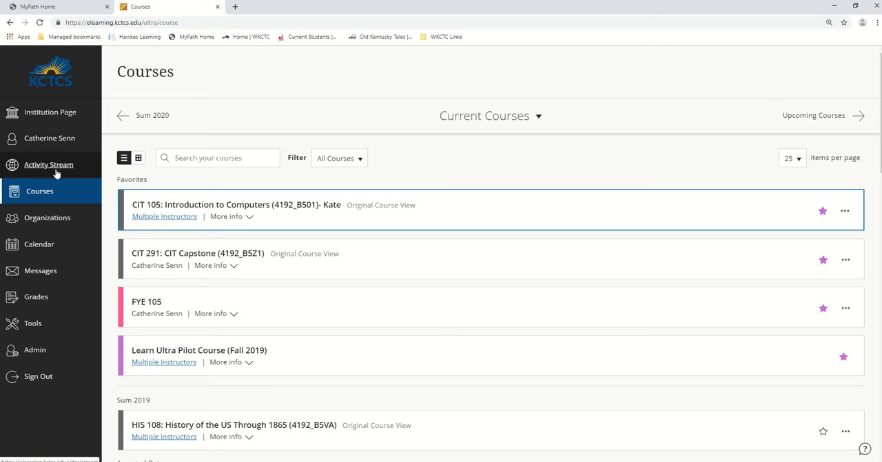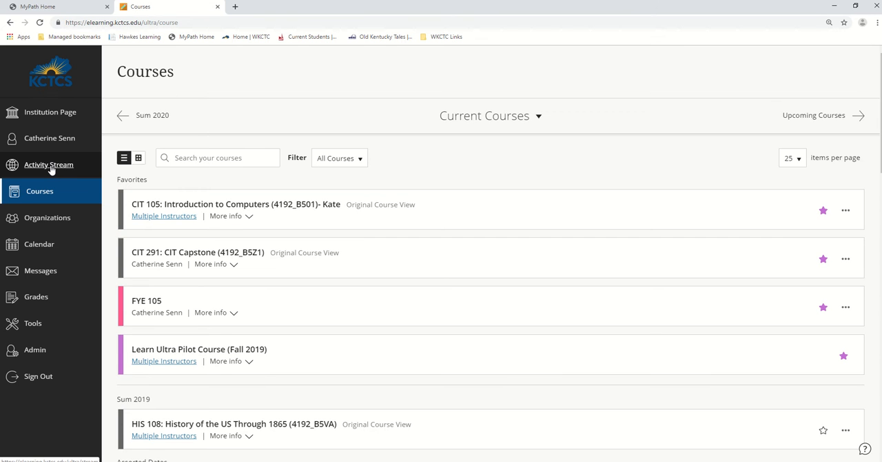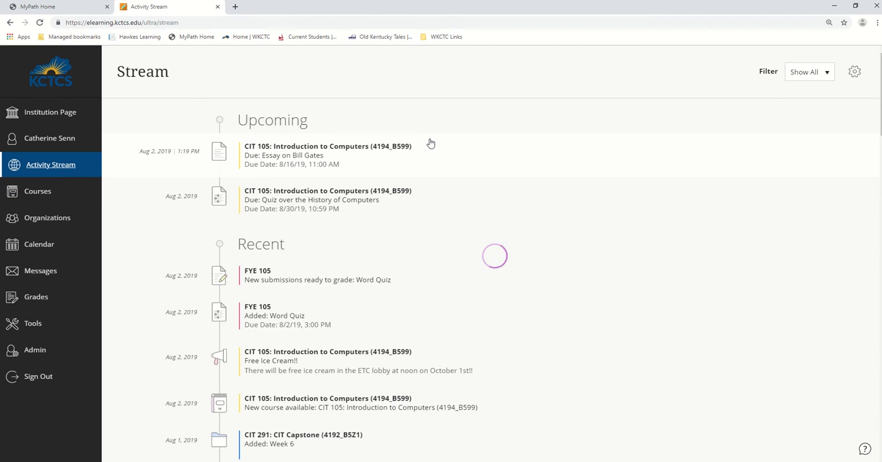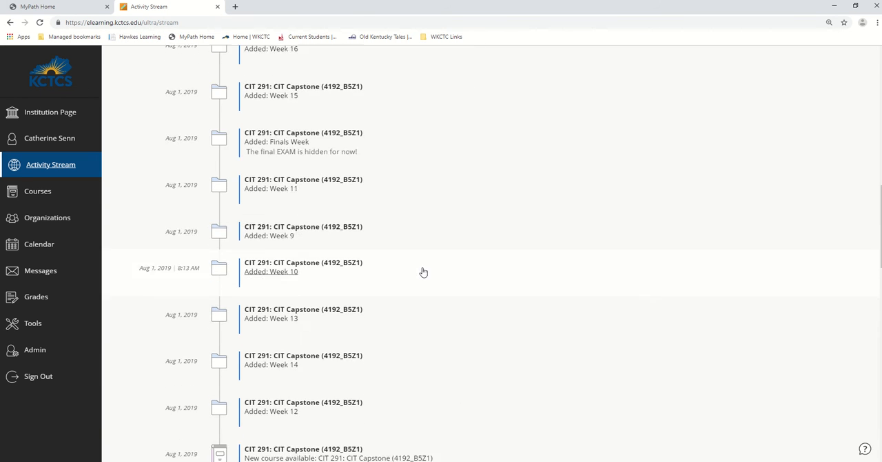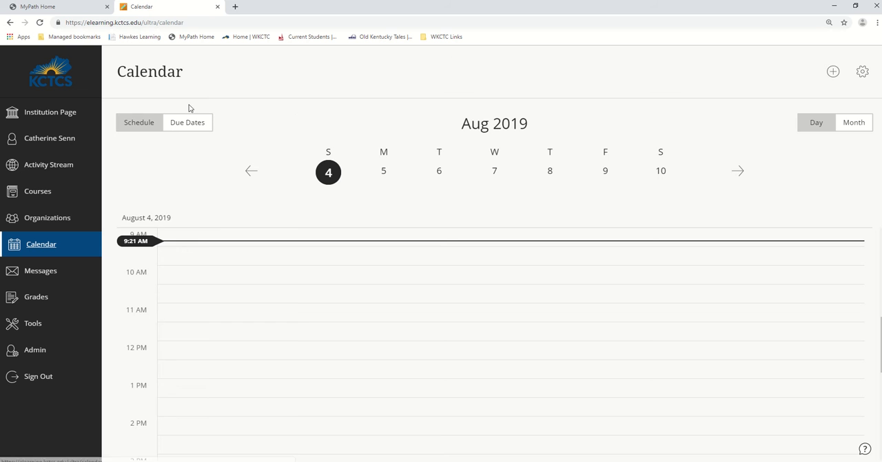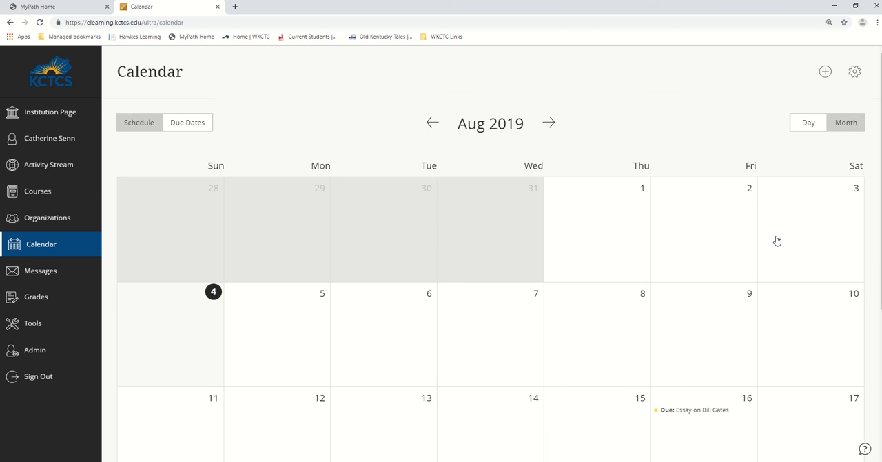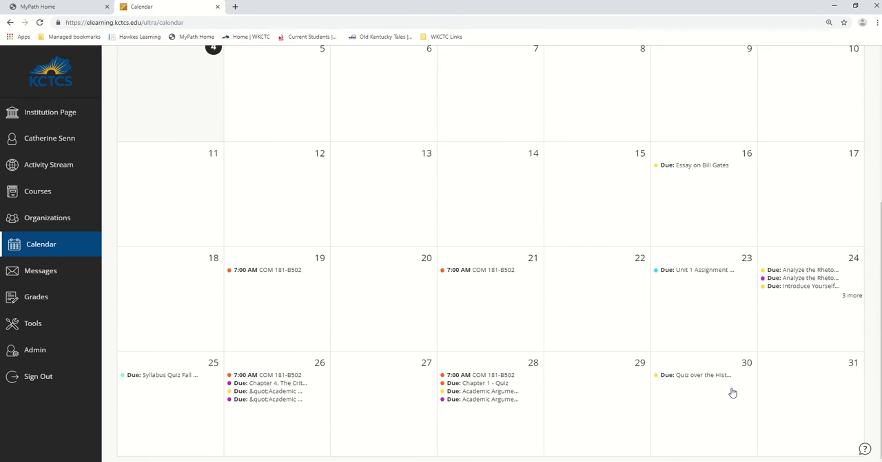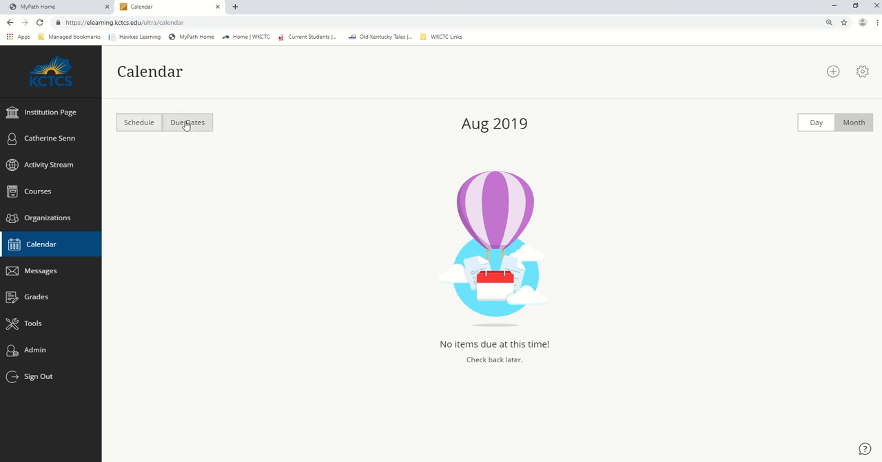Now on the faculty side, when we go to activity stream, it shows information from all of our classes. It shows upcoming assignments, items that have recently been added. It shows announcements. And it will also show if there's any items that need to be graded. This same information also appears in the calendar. So if I switch to month, you can see the full month. I can switch to just seeing the due dates